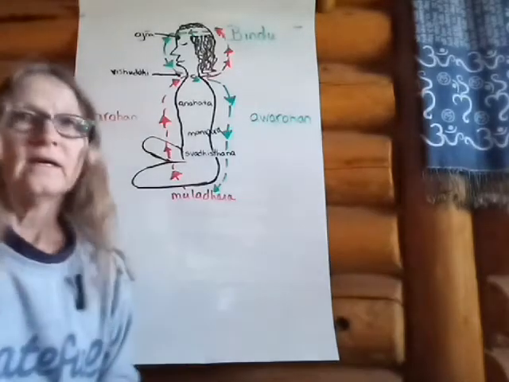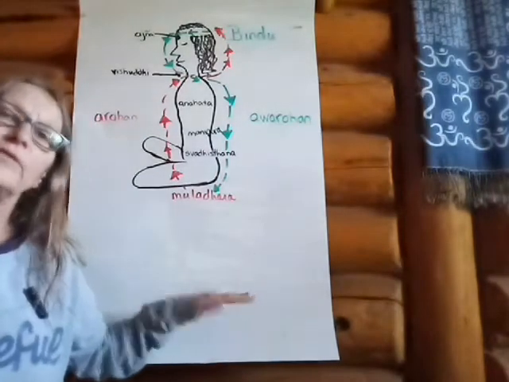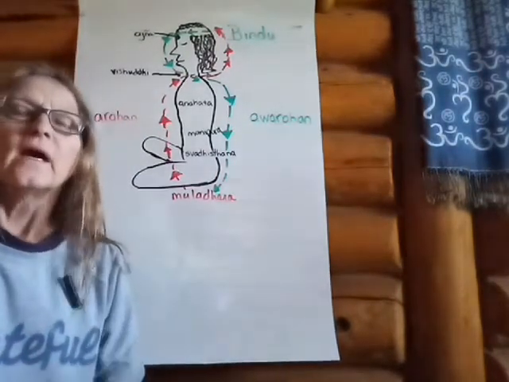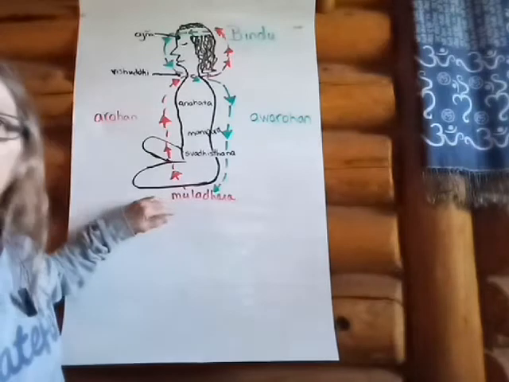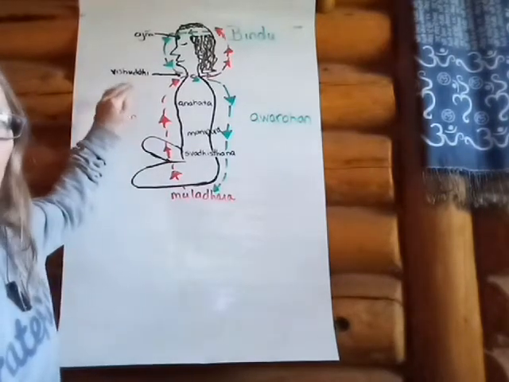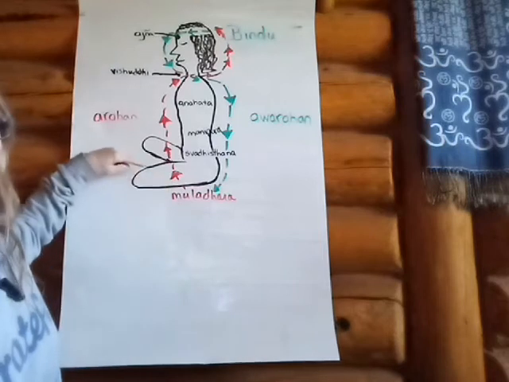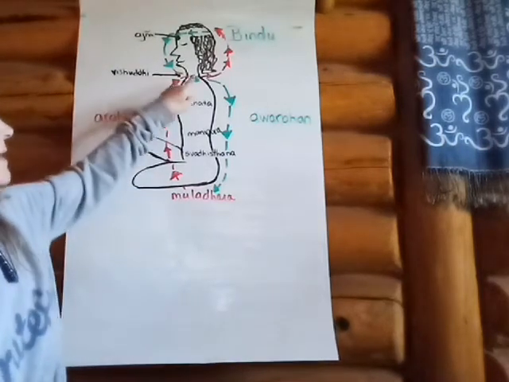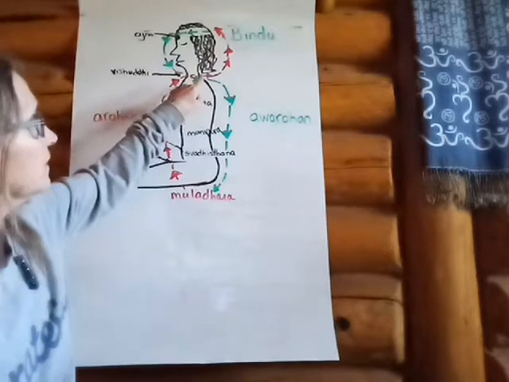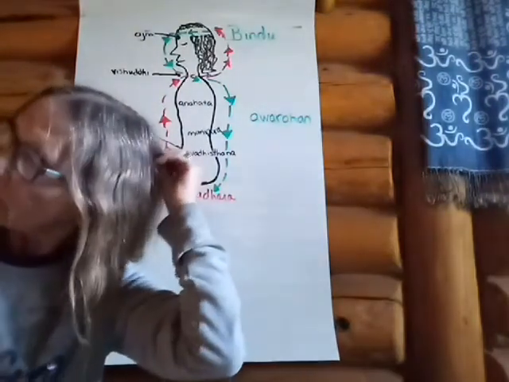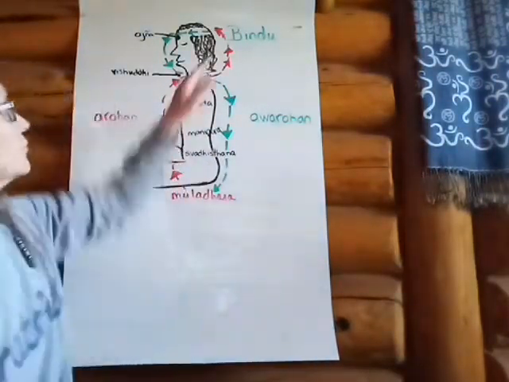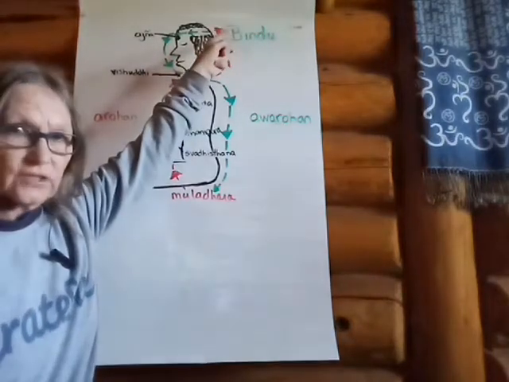So I'm going to just bring you up here to see the chart. So this chart here reflects the 2 psychic passageways of the prana flow through the chakras. So the front passageway is represented in the red, and it goes up from Muladhara, Svadhisthana, Manipura, Anahata, crosses at the throat, Vishuddhi, and up the back of the head to Bindu. So Bindu at the back of the head is this little tuft area here where your hair kind of curls around. And then the exhalation is down the back passage.